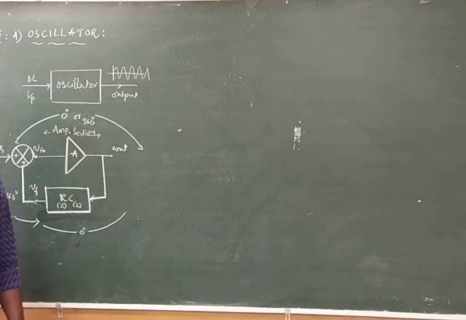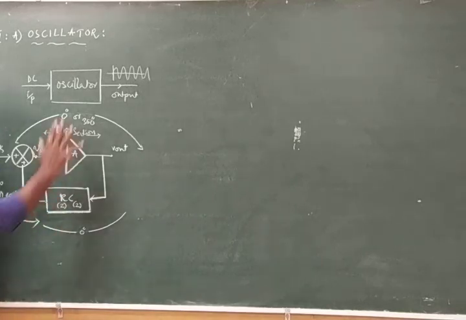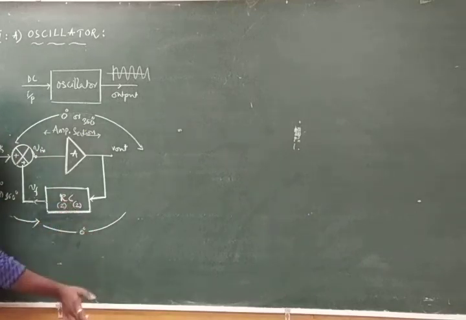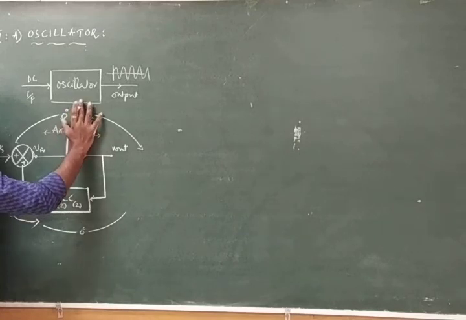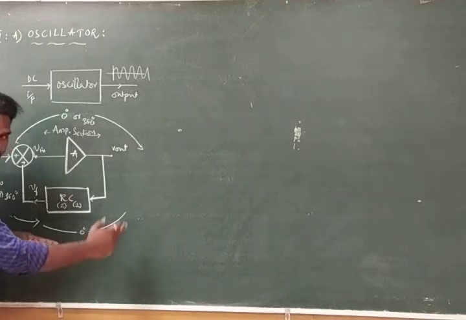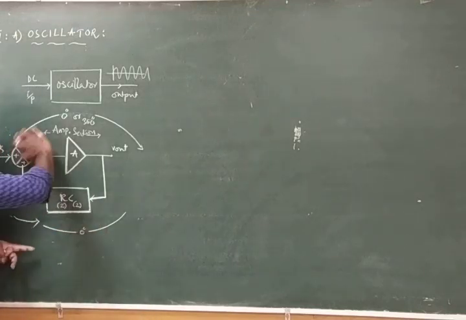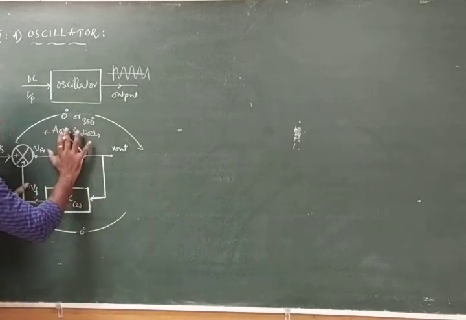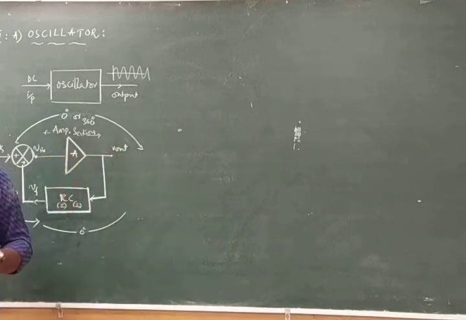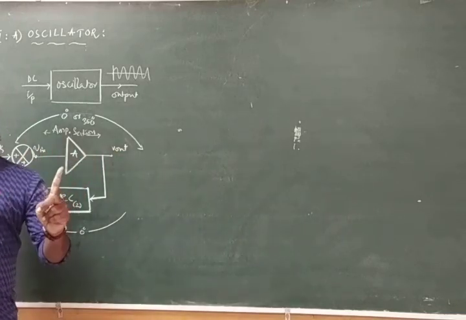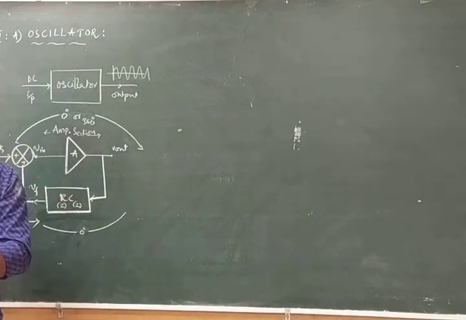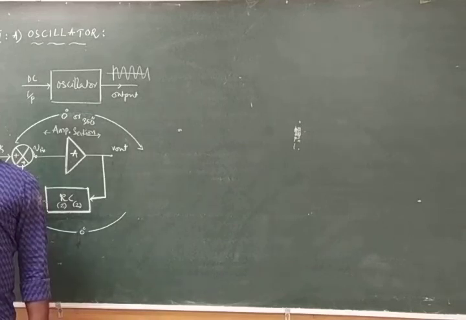That's why I asked you to go through the last class. In case of the RC phase shift oscillator, how much is it providing? 180 degrees, so to meet that 360 degrees condition, it also provides one more 180. Total will be 360. Now, here it is not providing any phase shift, so the amplifier has to provide the total 360. If I use a common emitter amplifier, how much will it provide? 180 degrees, but I require 360, so I have to use two CE amplifiers. One is 180, another is also 180. 180 plus 180 is 360.